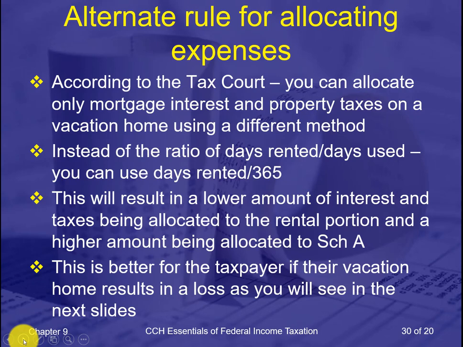Now, there is an alternative rule the Tax Court has allowed, and that is that you can allocate only mortgage interest and property taxes, not any of the other expenses. All the other expenses have to be done in the way that it was shown earlier. But for mortgage interest and property taxes on a vacation home with personal use over 14 days and rental use over 14 days, instead of a ratio of days rented to days used, you can use the days rented divided by 365,